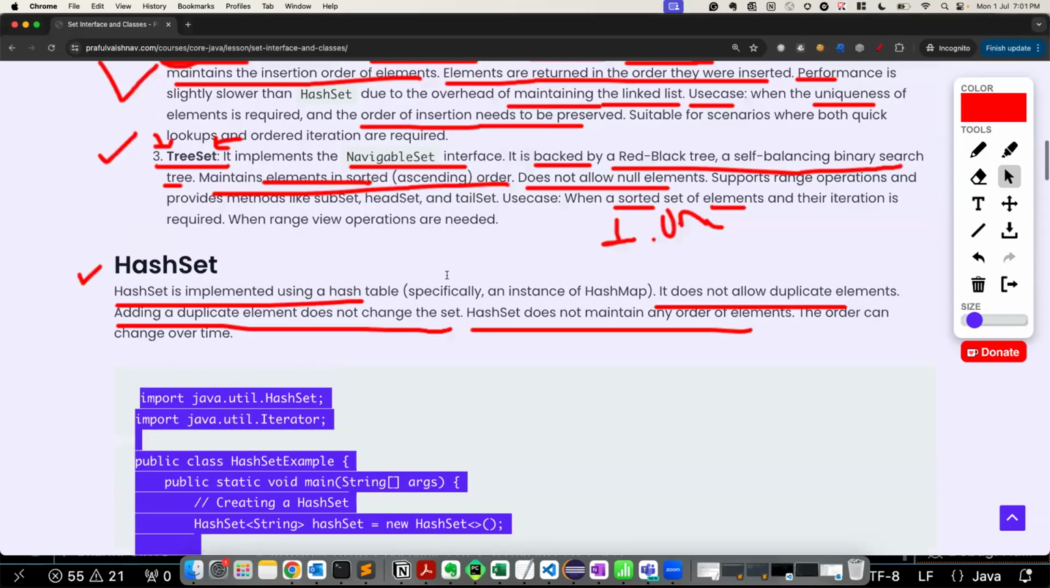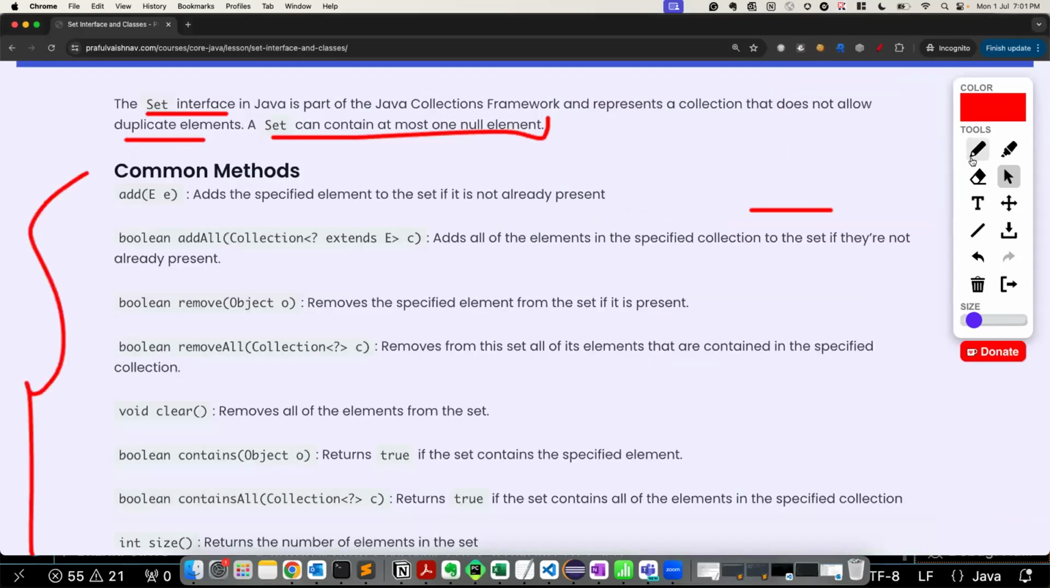Okay. So what all methods did we see here? What will add do? It will add. If the element is already added, then false. Very good. AddAll will add all the elements which you have specified in the argument. Remove will remove that object. RemoveAll means it will remove all the elements which are present in the collection. Clear will